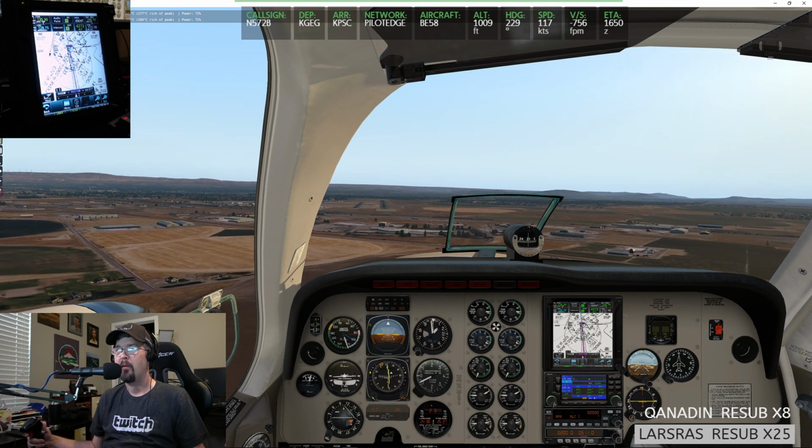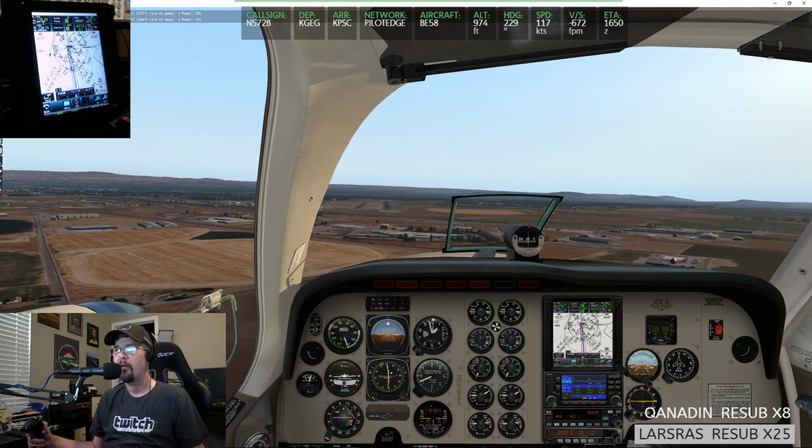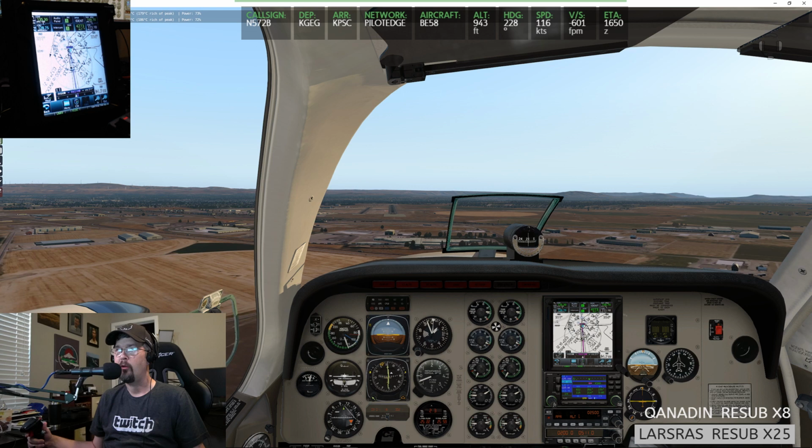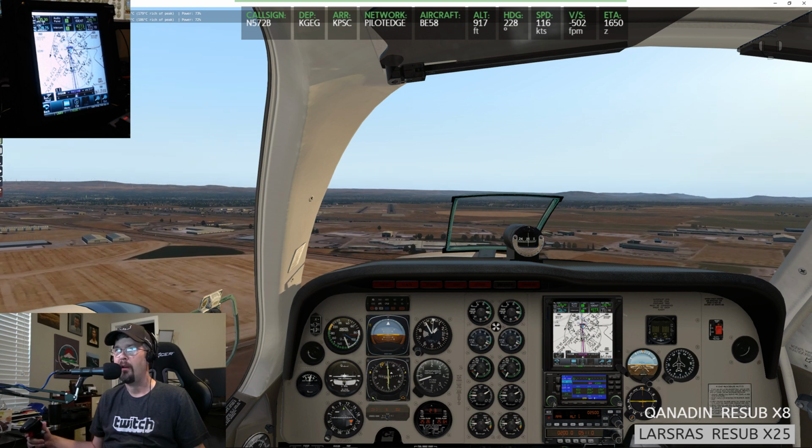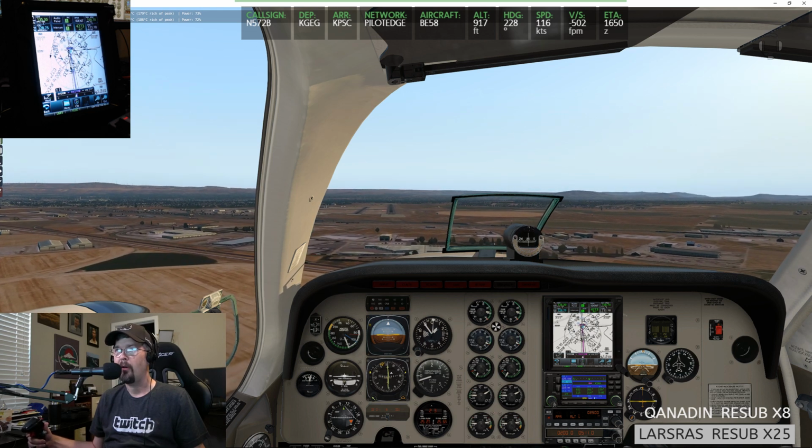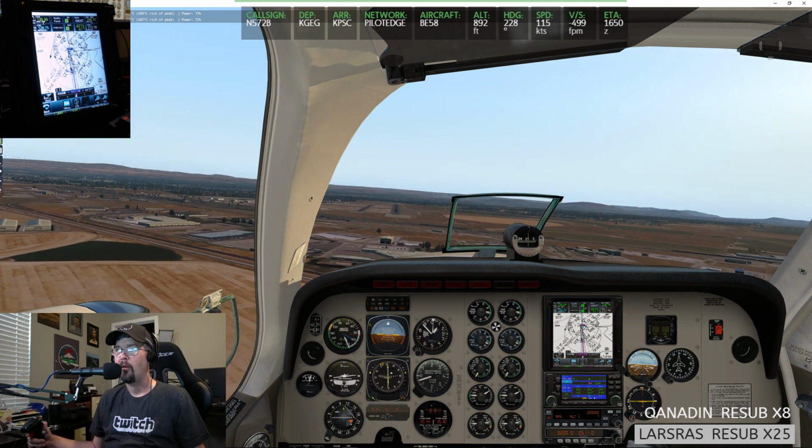I don't know why the approach didn't work there. I'm going to have to do some test instrument ILS approaches to see what happened there, but